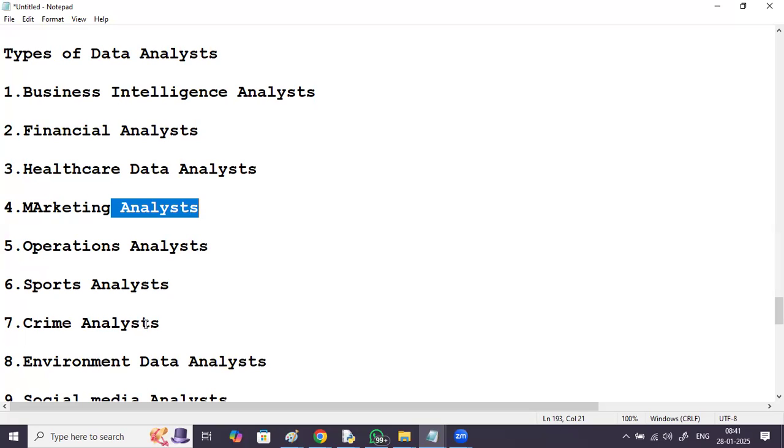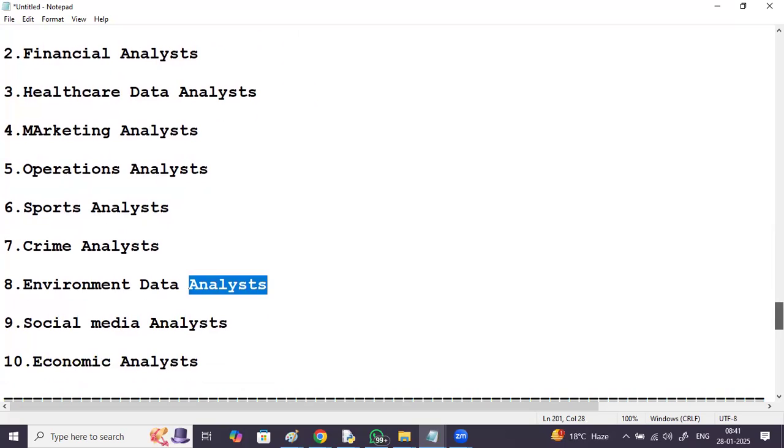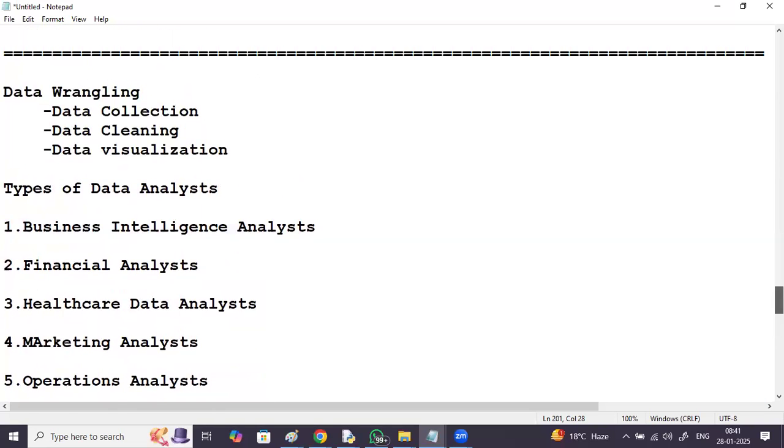Crime analysts work on crime pattern identification. Environmental analysts work on ecological trends and climate patterns. Social media analysts work on user behavior and marketing strategies. Economic analysts work on trends, economic conditions, and policy insights. In this way, you can work in different fields.